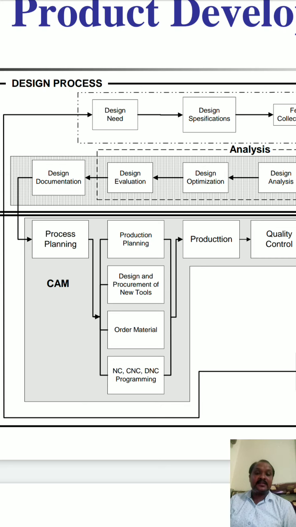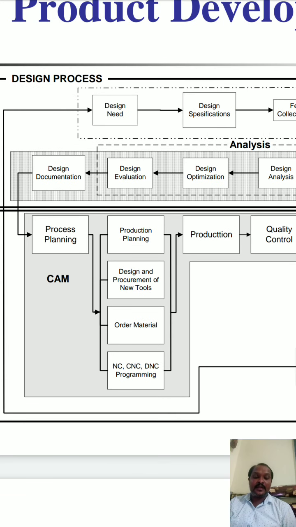If you are doing NC, numerical control programming, then we should have the program creator. You should check whether the worker you have can create the program or not, and which program is required for the NC machine. And for CNC machines, you have to create the program with G codes and M codes. Whether your worker or engineer is able to do the programs under CNC or not, DNC programs, etc. These all come under process planning, towards the next phase.